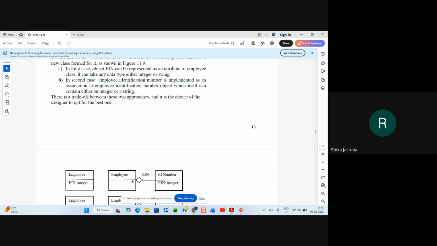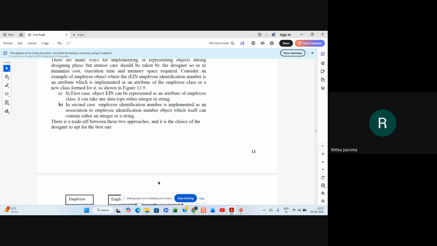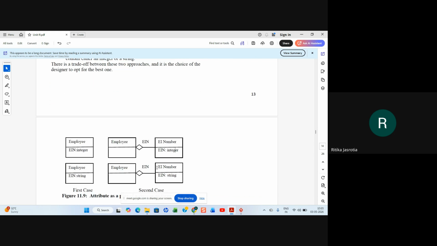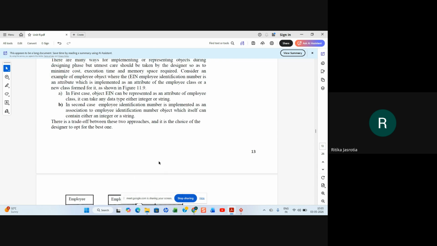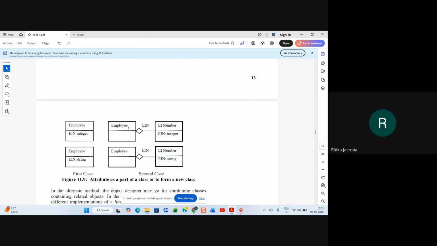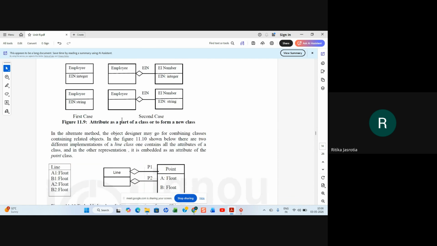So this kind of a thing also you can implement, right? So many ways are there to implement or represent objects during the designing phase. So these are the two ways they are showing that this way you can implement, right? So there is a trade-off between the two approaches, and it is the choice of the designer to opt for the best one. So he can choose this one also, he can choose this one also, right?